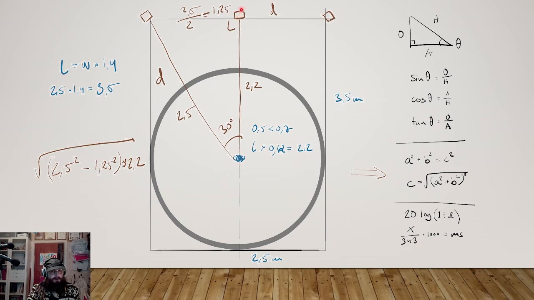So it goes straight in front of us at 2.2 meters. The left surround is calculated using the Pythagorean theorem because we have the 2.2 here. We also know that half the distance of the width, 2.5, is 1.25. So we can actually use these sides to calculate the hypotenuse, which is the distance between our ear and our